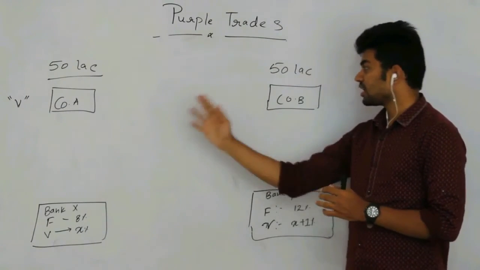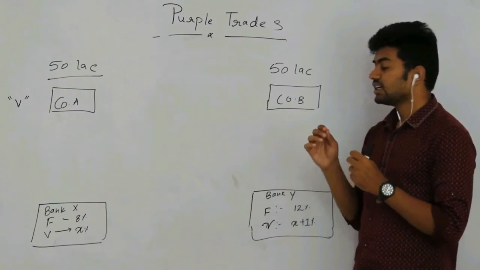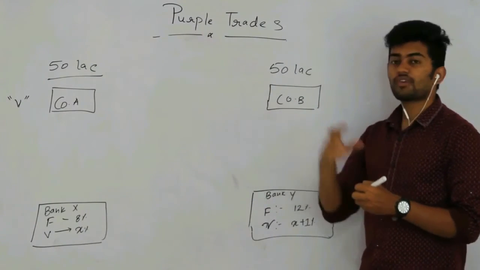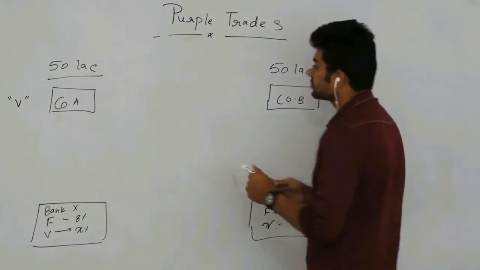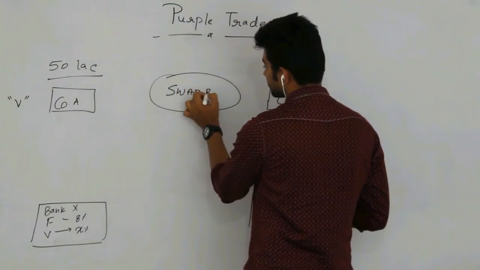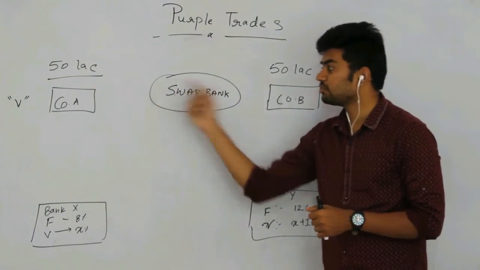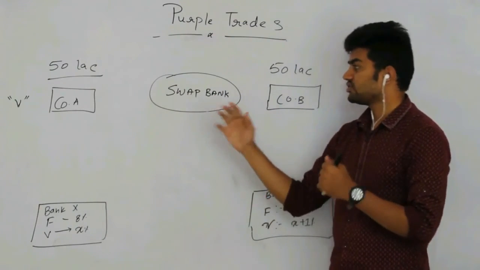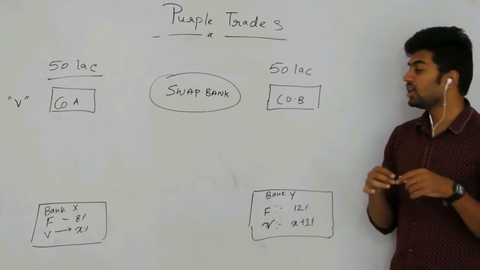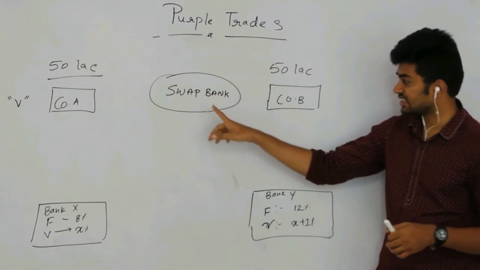Now, both the companies are looking for a loan but want to find a way in which the interest rates will be reduced. In such scenarios, swap banks come into the picture. Let us say there is a bank, swap bank. Now swap bank will examine the situation and will tell both the companies to swap their situations. Just by swapping, both the companies will make a profit by getting a lower interest rate, and swap bank will also earn a profit by helping them. How will that work? Let us take a look at it.